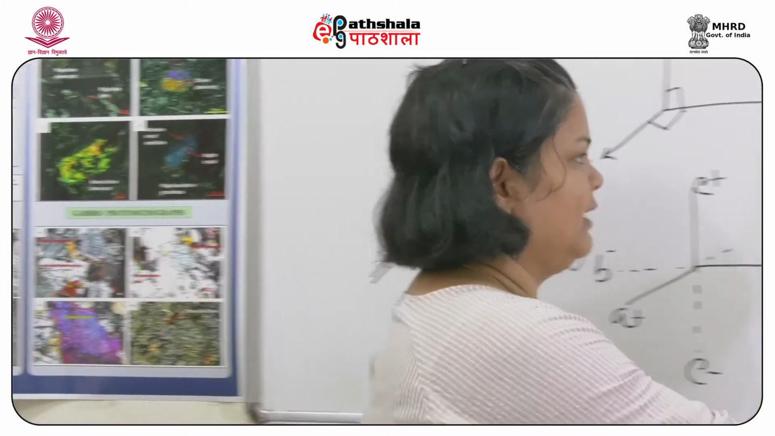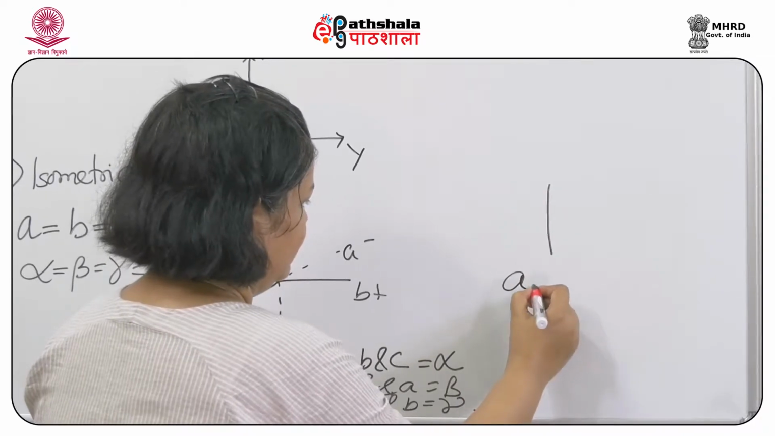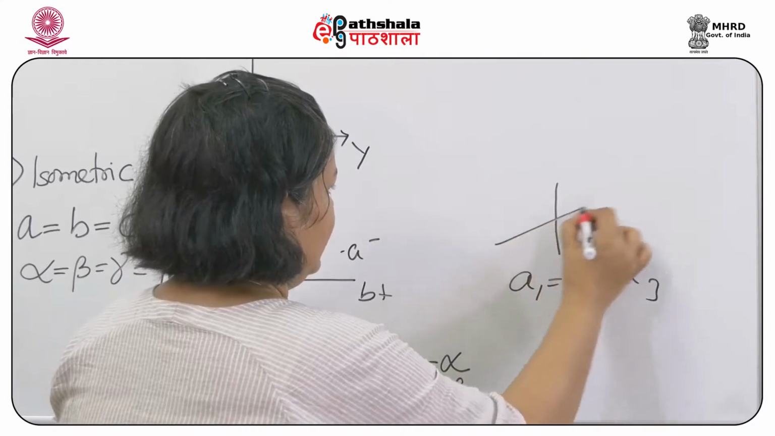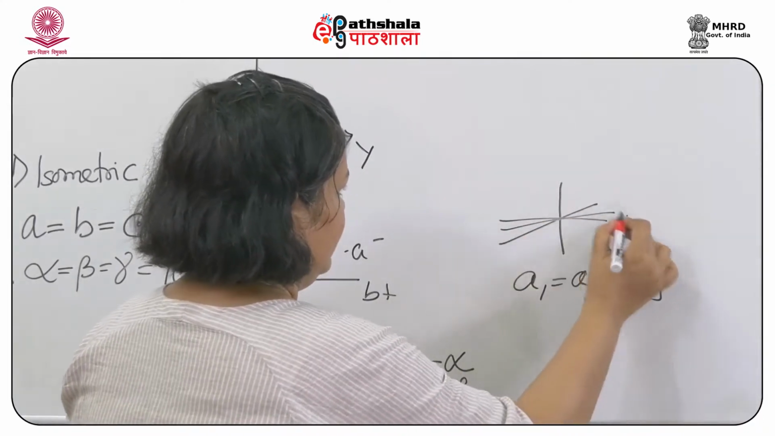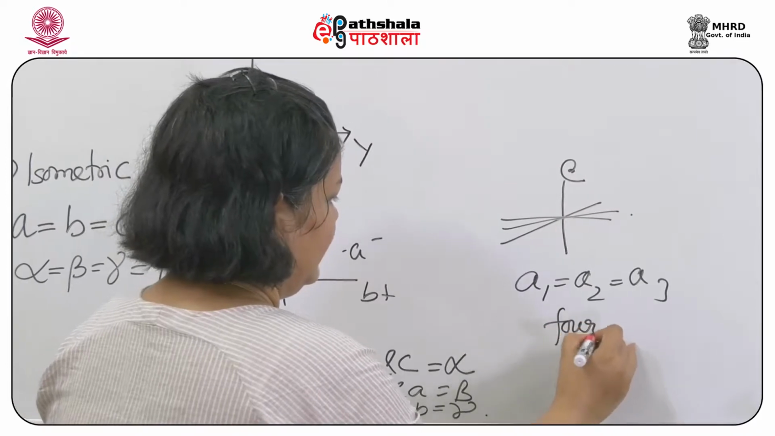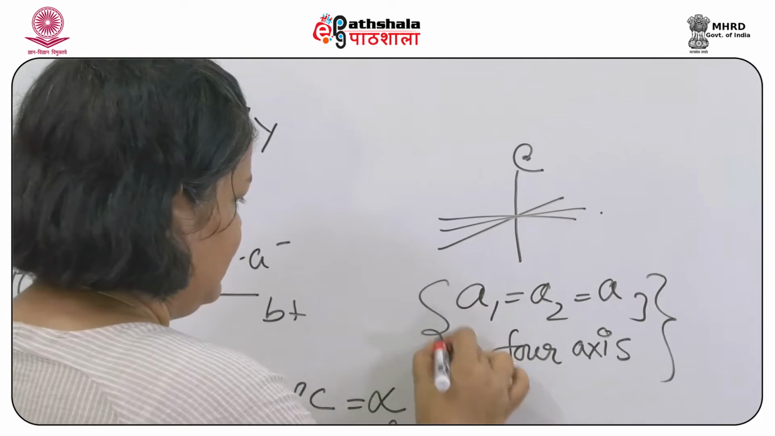For the crystallographic axes in the hexagonal system, I would like to draw this. We have 3 crystallographic axes, A1, A2, and A3, all lying on this plane. And then we have the C crystallographic axis. So there are 4 crystallographic axes in the case of a hexagonal system, which is an aberration from the other